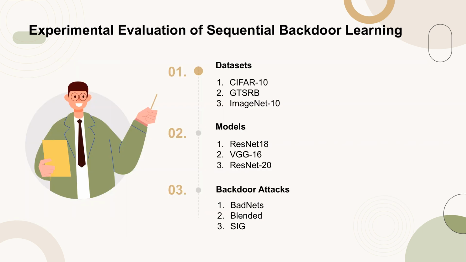The experiments were conducted using 3 benchmark datasets, CIFAR-10, GTSRB, and ImageNet-10. The models used include ResNet-18, VGG-16, and ResNet-20. Representative backdoor attacks considered in the experiments include BadNets, Blended, and SIG. For BadNets, a random color, 3x3 square at the bottom right corner was used as the backdoor trigger on all